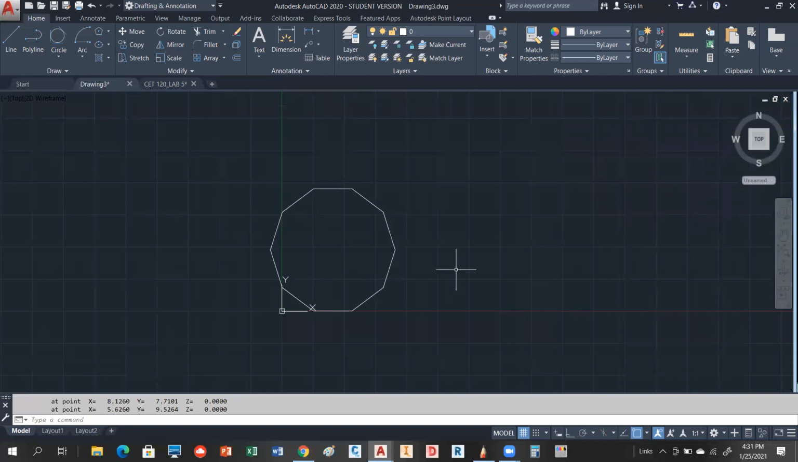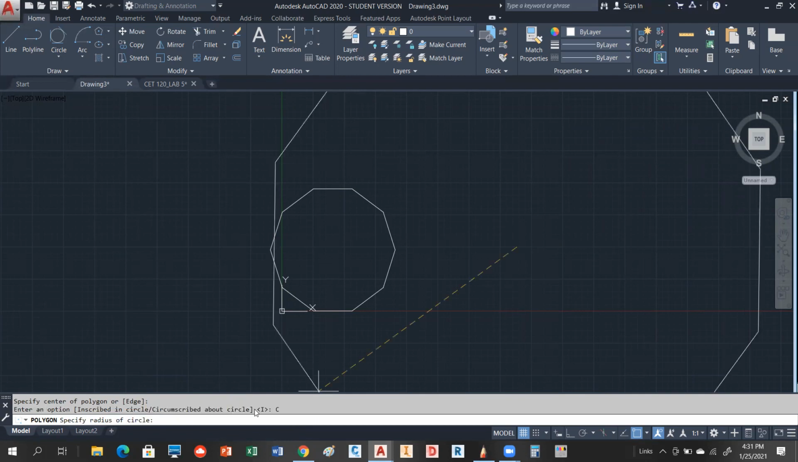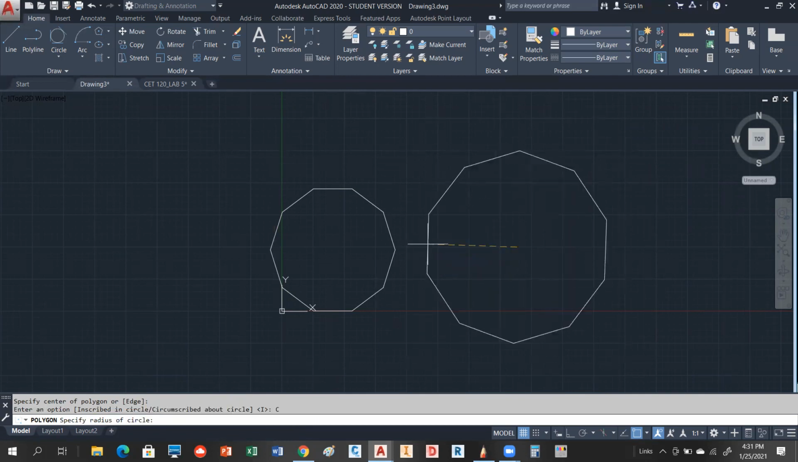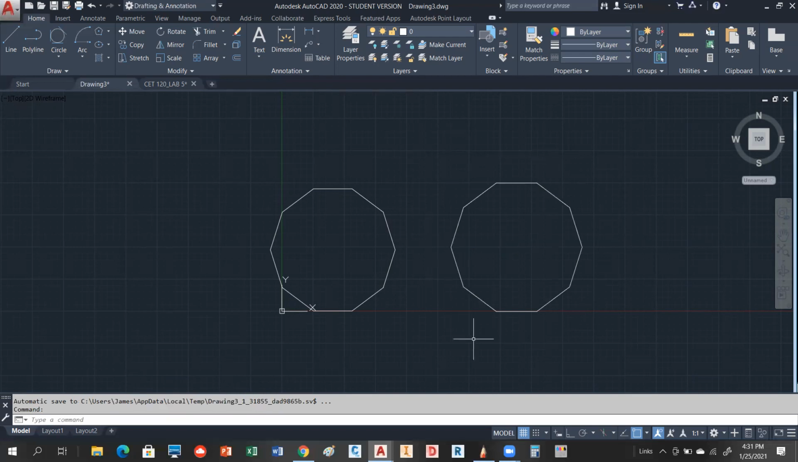Pretty simple. Let's try that again, this time using a different method. So I'm going to use the same number of sides. I'm going to pick another center point right next to it. This time I'm going to do what's called a circumscribed. So I'm going to select circumscribed. And notice this time when I drag it out, the circle is embedded inside. And so notice the radius is going to the midpoint of that segment. So if I use the same radius, 5, it might look like they're the same size,